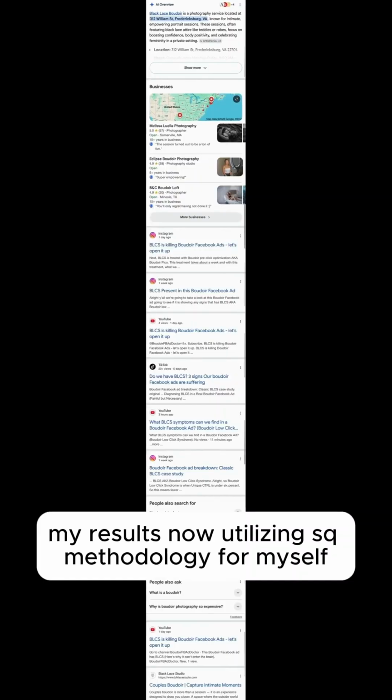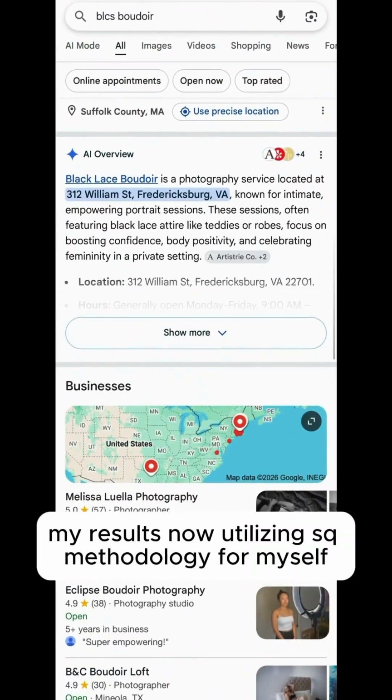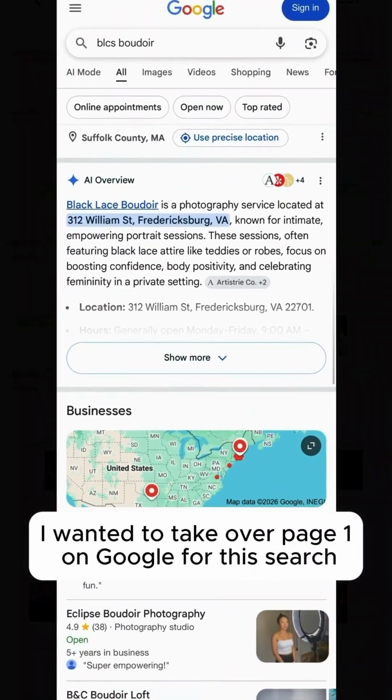All right, my results now utilizing the S-cubed methodology. For myself, I wanted to take over page one on Google for this